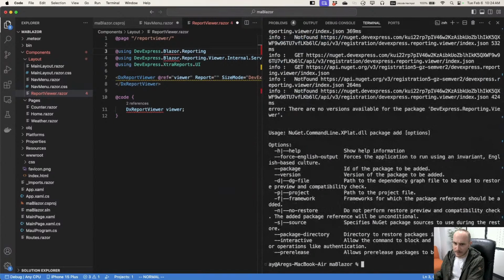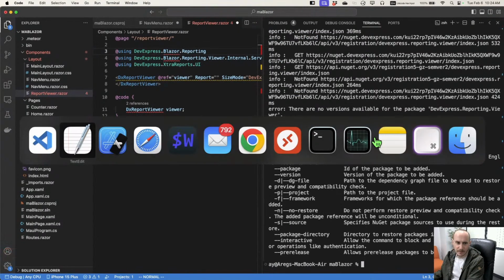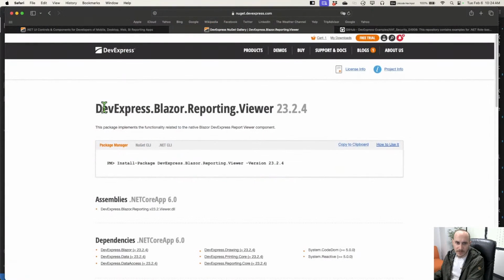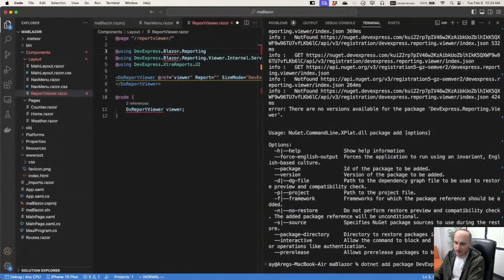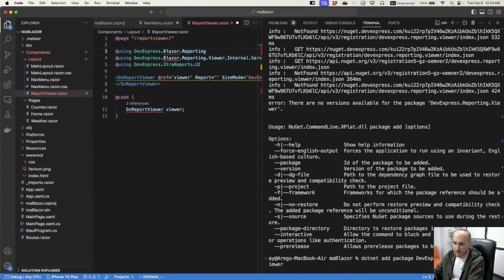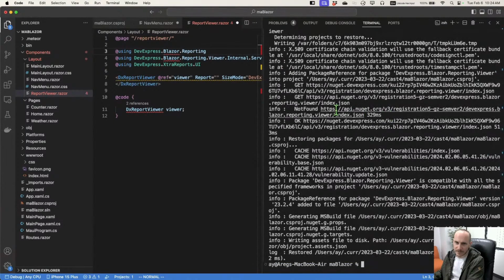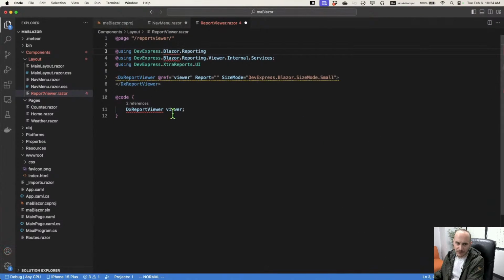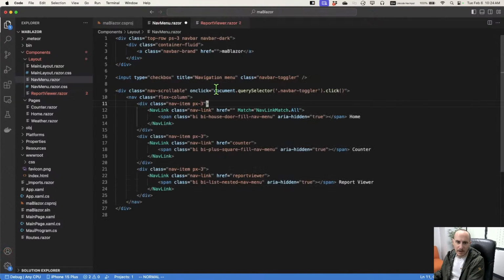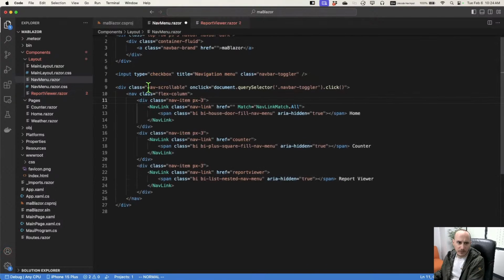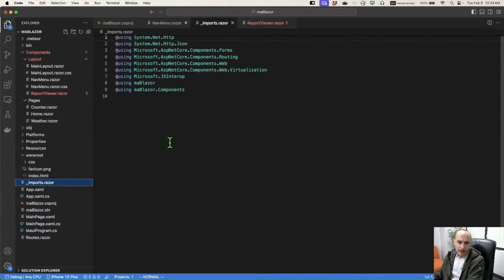Right now it's pulling, it says there is no, okay, it's probably an issue with something I typed incorrectly right there. So DevExpress Blazor reporting, that was the problem. So I have to actually include the word Blazor. So this was what was missing. And now it should have installed successfully, and now these red squigglies should eventually disappear. So I'll go ahead and save this. And I'll also have to go ahead and add a few entries into